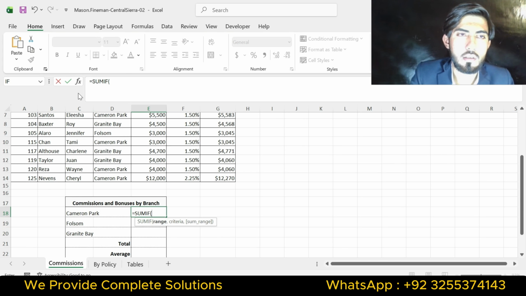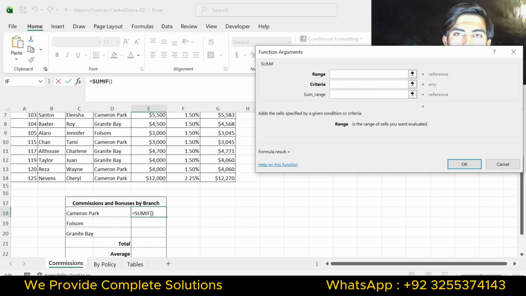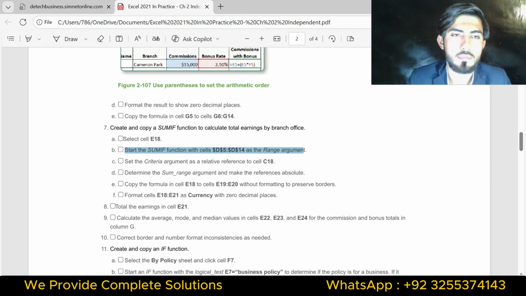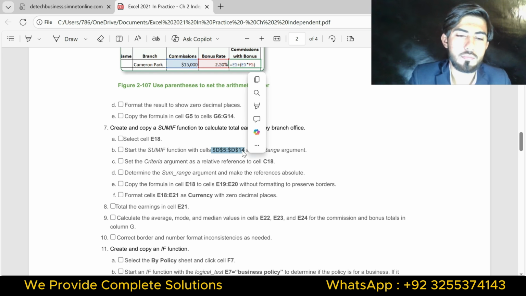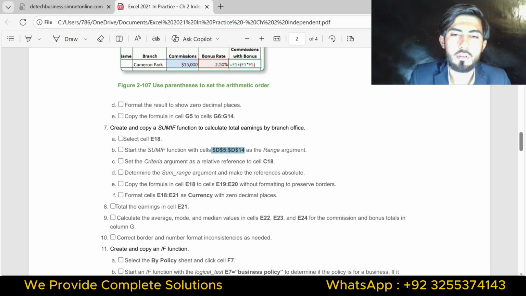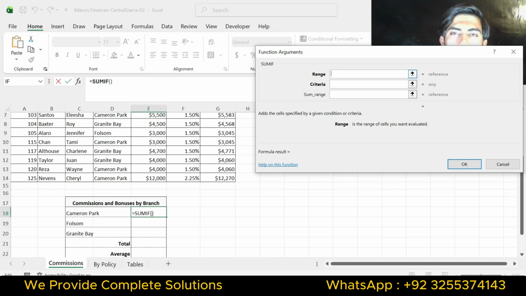Open the SUMIF dialog box. I will use this range in range, so copy this range and paste it into range.